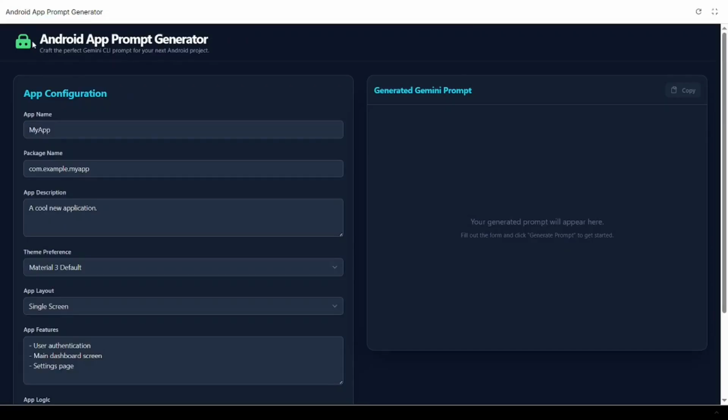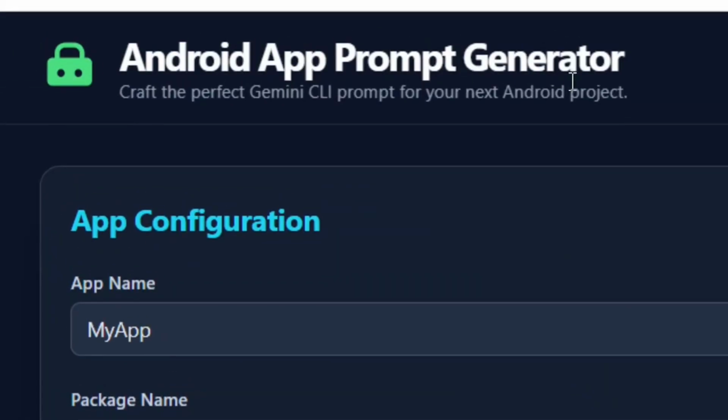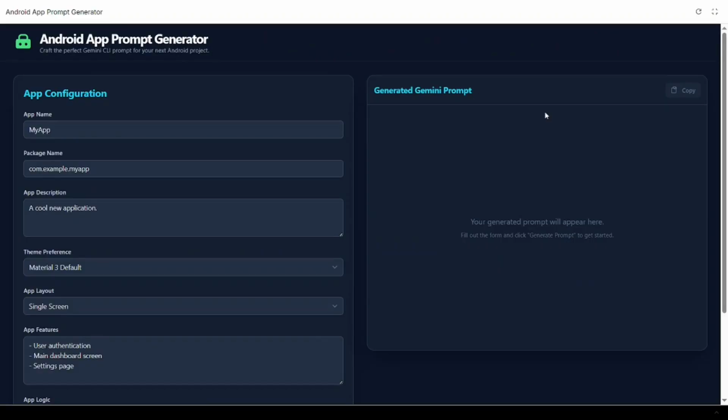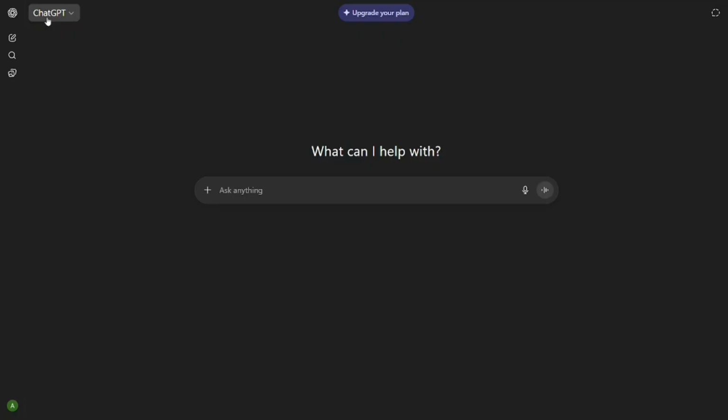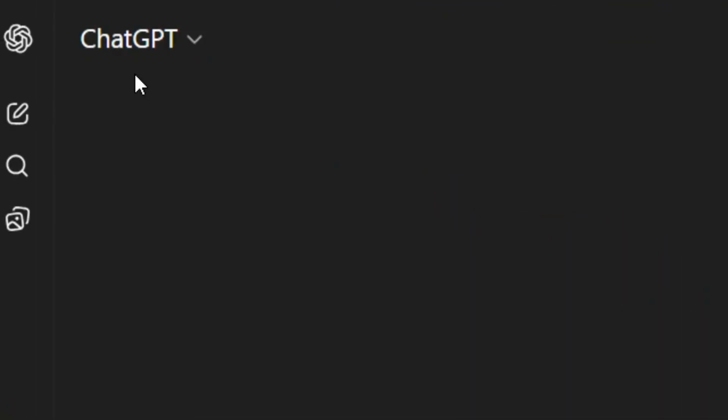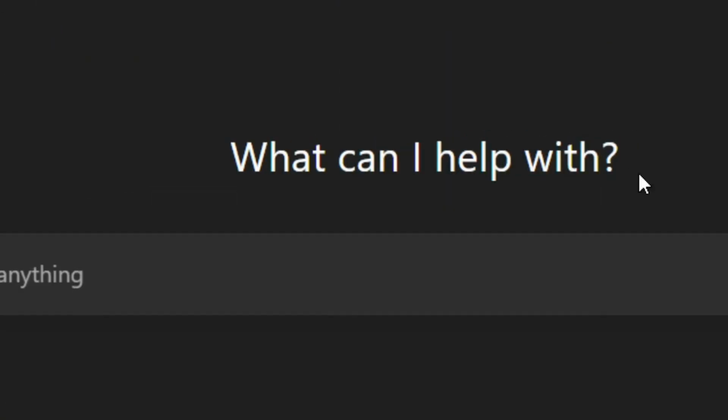Android app prompt generator. So this is all that you need to generate your prompts to create your Android app. Let me show you how you can get it. All that you have to do is simply go to ChatGPT, and then from where we have the chat box,